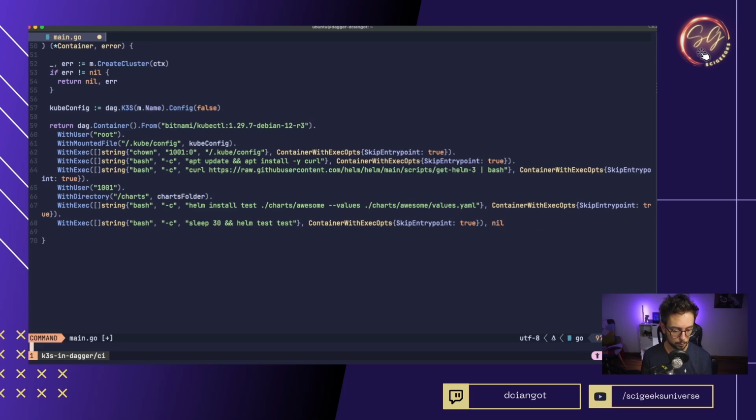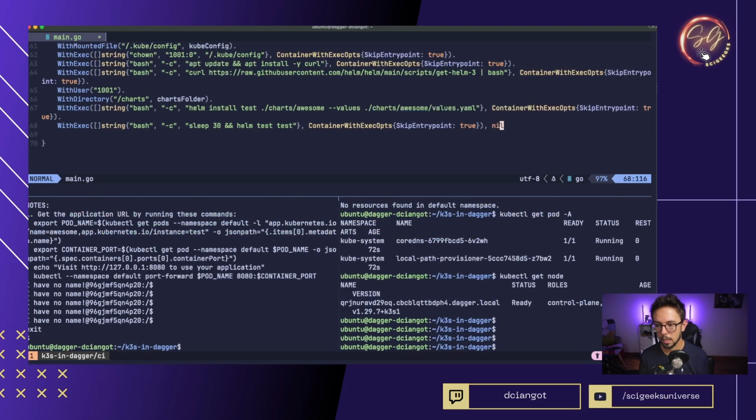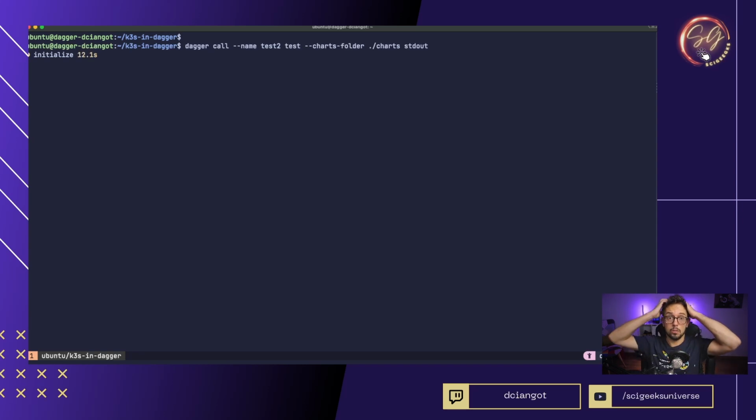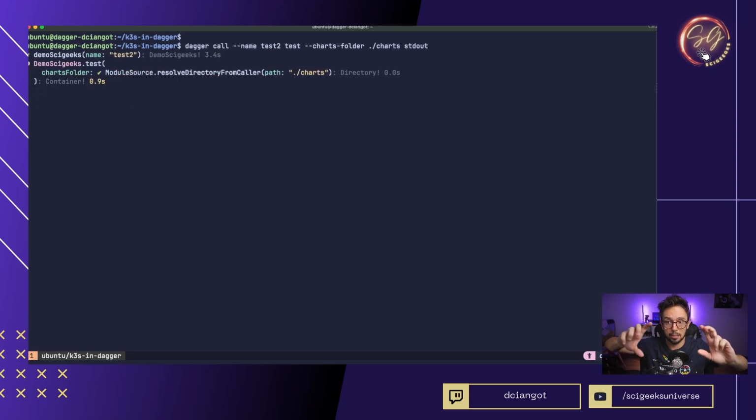Okay, cool. So now we can go ahead, and we have, at least on our laptop, the ability to do the following. The very same command, but instead of a terminal, we can make Dagger execute the whole test, exiting with 0 or not, depending on the exit code of our helm test command. So you can imagine that a bit more complicated. Of course, in real life, you want something like this, a command that every developer can run before creating a